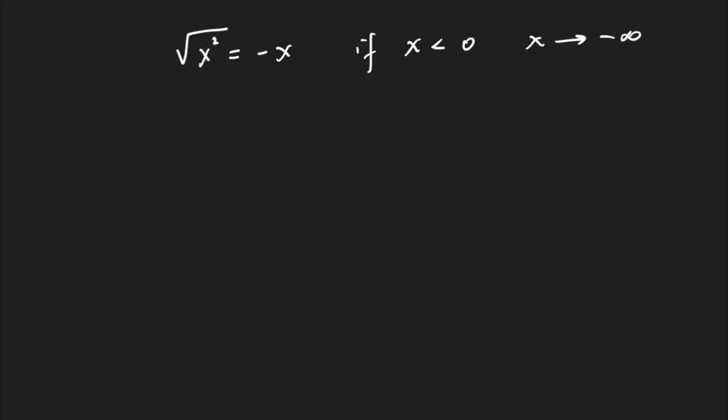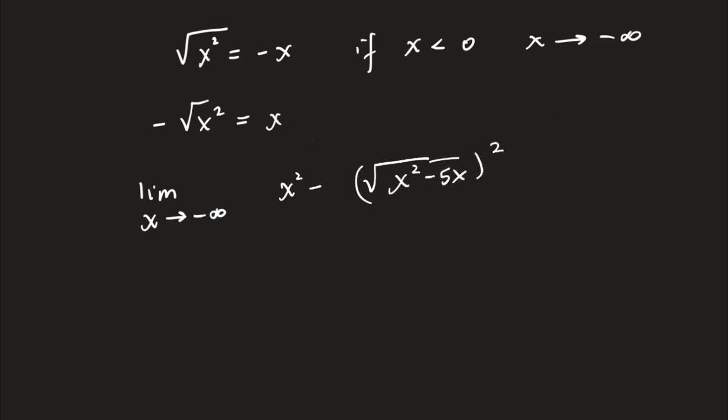Then if we multiply both sides by negative 1, then we'll have the opposite of the square root of x squared is equal to x. And that's going to be helpful when we do that substitution, when we're trying to simplify that rational expression. So now we have the limit as x approaches minus infinity of x squared minus the square root of x squared minus 5x, that quantity squared, all over x minus the square root of x squared minus 5x. And again, we notice that when you square the radical, that eliminates the radical, I say freeing the